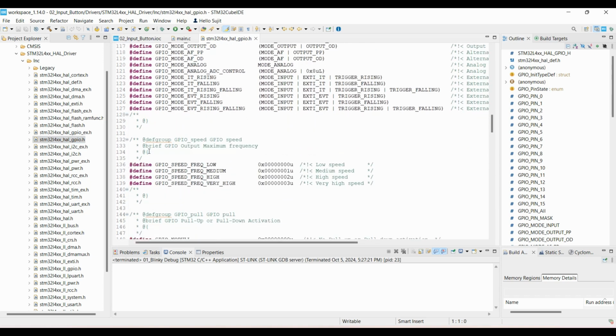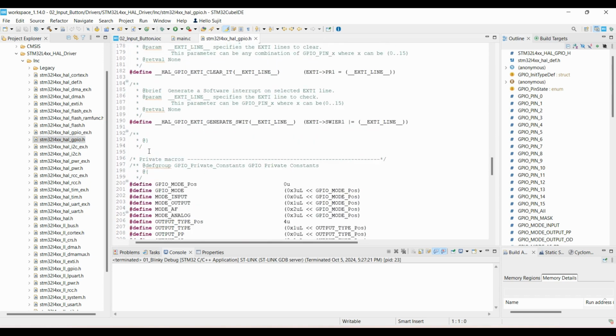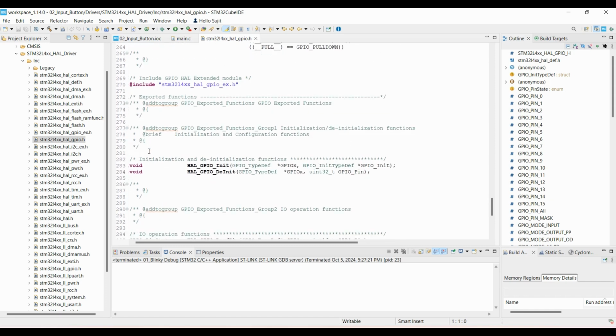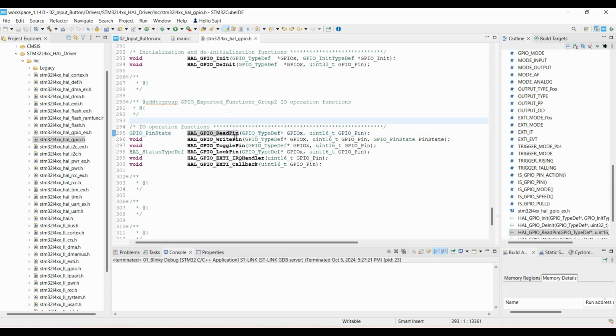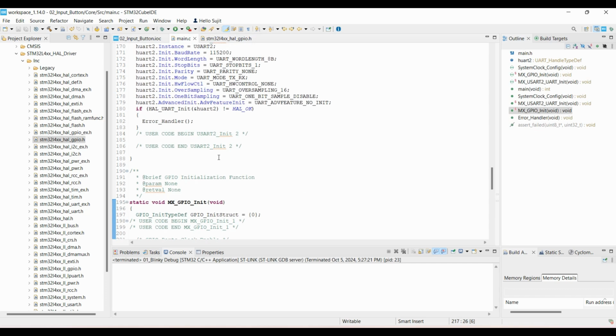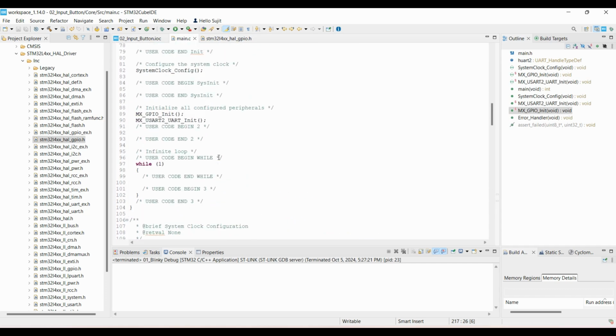From here we'll get the names of the APIs. You can see these are the APIs we'll be using. HAL_GPIO_ReadPin, so this is one. So what we'll do here in our program, Control C,